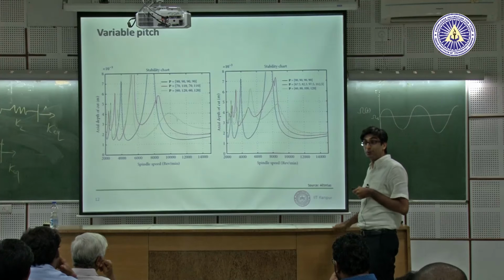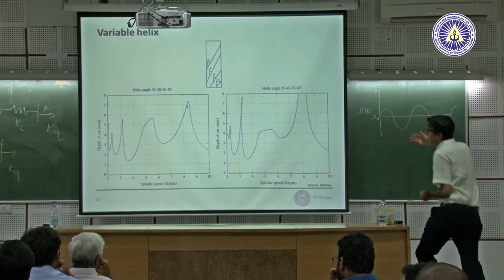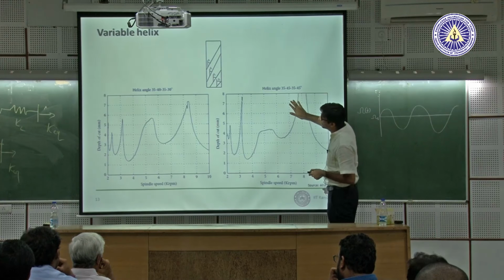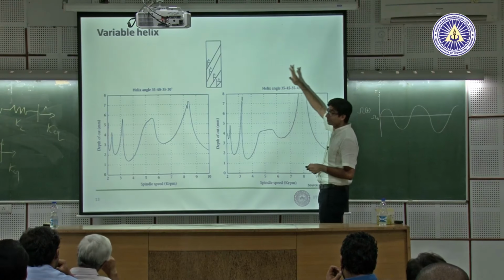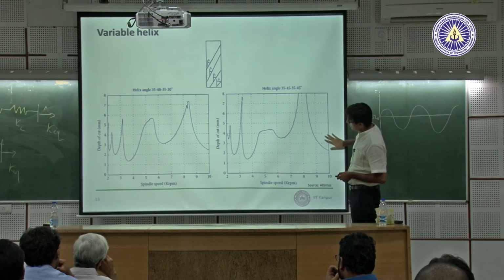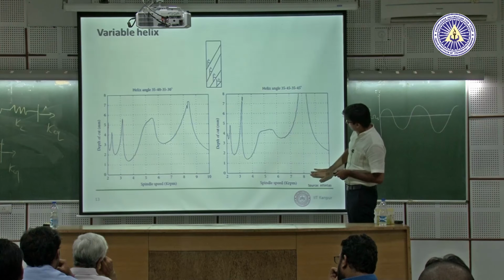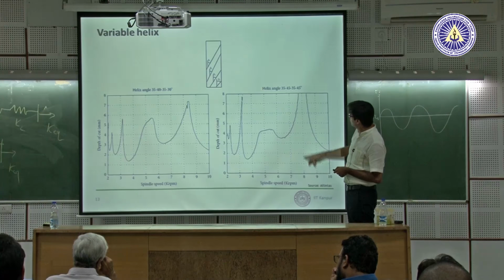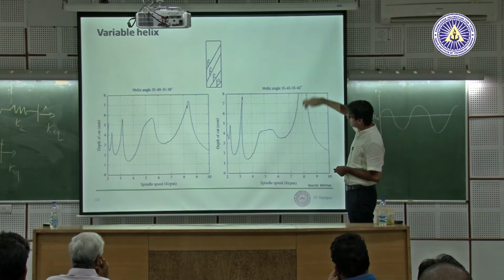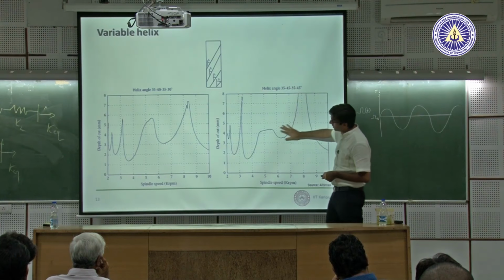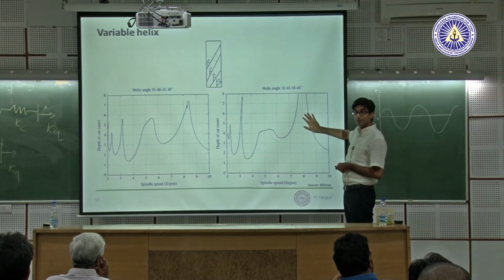Anyway, you can do variable pitch, you can do variable helix. Both are variable helix actually: 35/40, 35/30, 4 different flutes, and this is a different pitch. You can see that the stability boundaries are different for both. This combination works better at this speed. It goes to about 10-12 millimeter depth of cut. This is the stability pocket. At the low speed it is quite similar, but just by changing the helix you can also change stability.